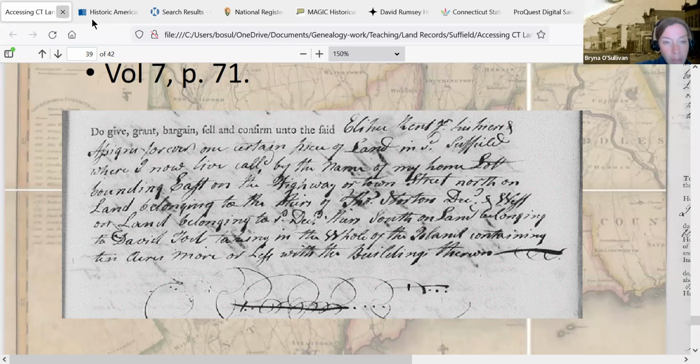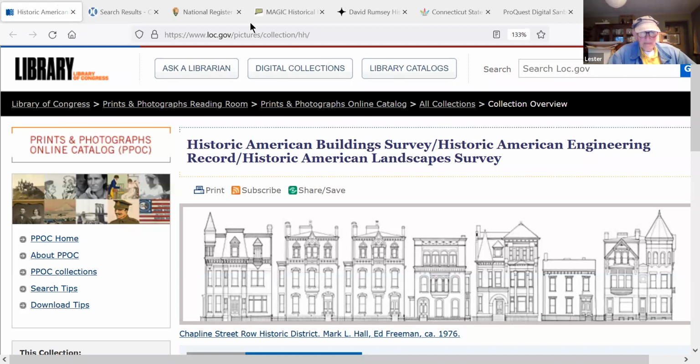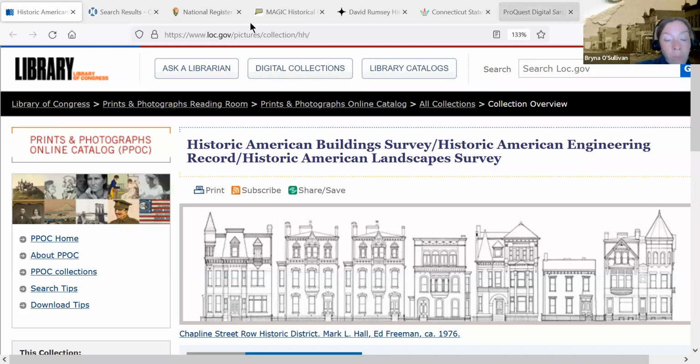Okay, let's get into the fun stuff. The land records are just the starting point in the story. So beyond that, we have the questions of what else can we learn? What can we learn about how the houses were constructed? What can we learn about who lived there? What can we learn about what the neighbors look like? A good place to start when you're doing any form of house research